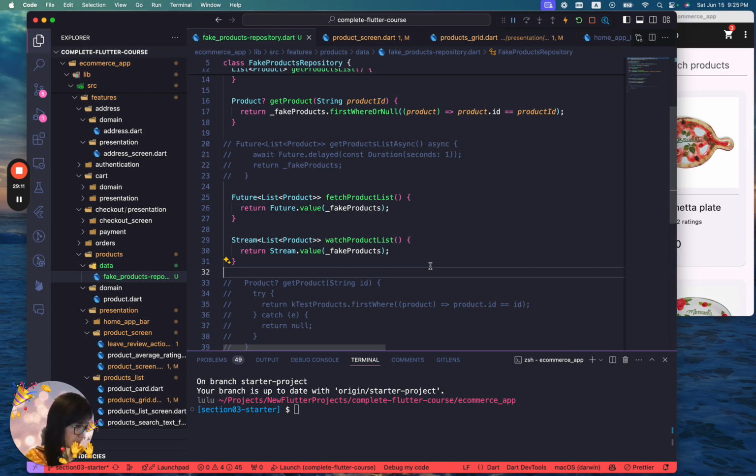And this map will be executed every time this stream emits a new value, giving us a list of products that we can then filter with the same logic that we have used over here. And once again, for now, we only emit one value because we